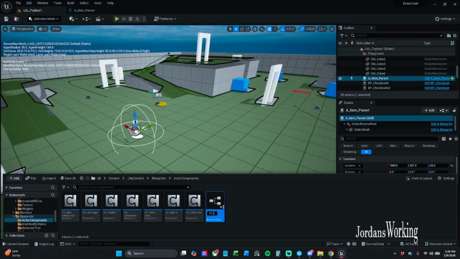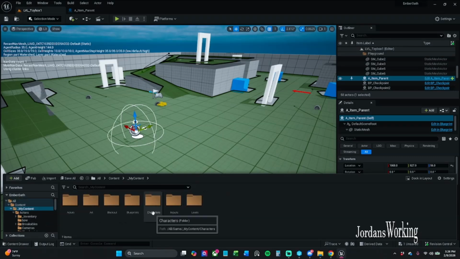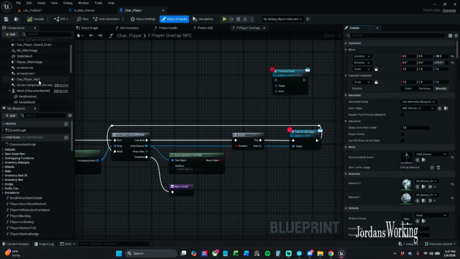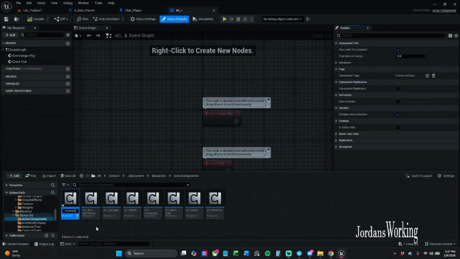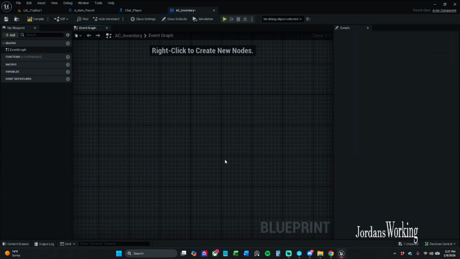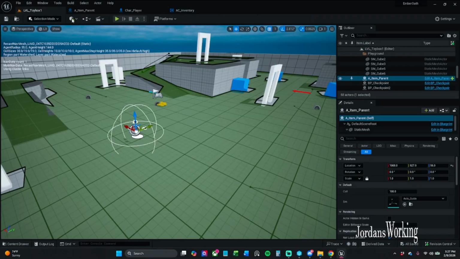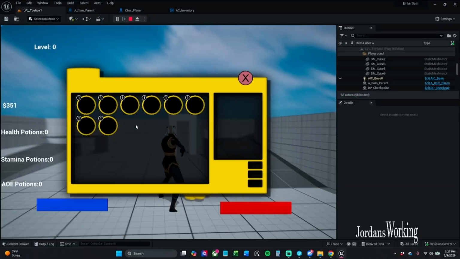Oh, wait. Don't I have an inventory? Wait, I think I already have an inventory component. Oh, it's just called inventory. Okay, let's delete these. Let's just see what the,